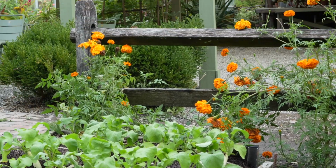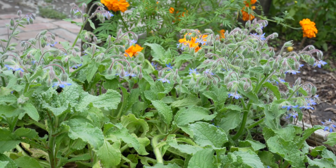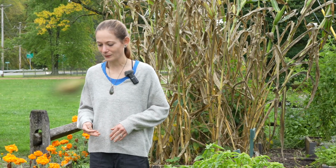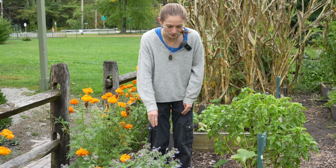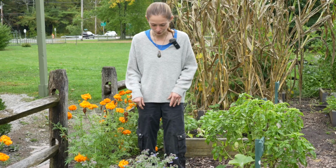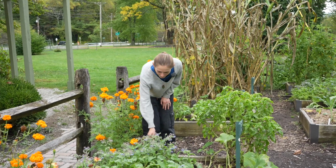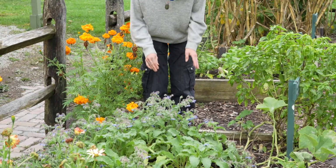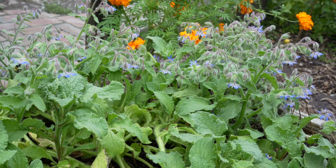And if we move right across the way, now this is borage, and if you look close, you can see it's already serving its purpose of attracting beneficial insects, pollinators like bees that are going to help pollinate the rest of the vegetables in the garden. But this is really a powerhouse for adding nutrients to the soil and benefiting its overall structure. Borage can act as a living mulch. Its stems are pretty delicate, so sometimes when I'm just working in the garden, pieces of it will break off. And if they do, I just lay them right back down into the bed